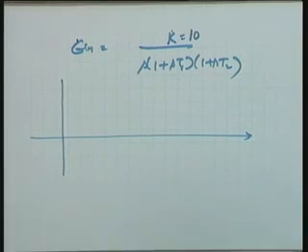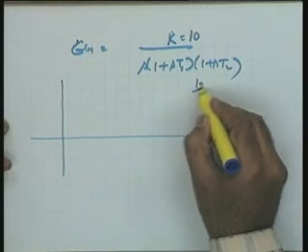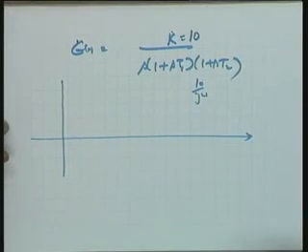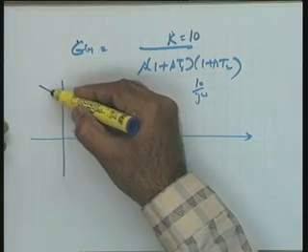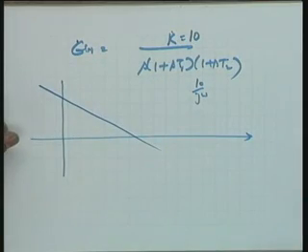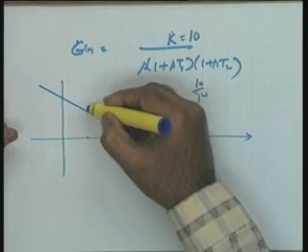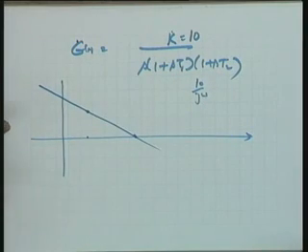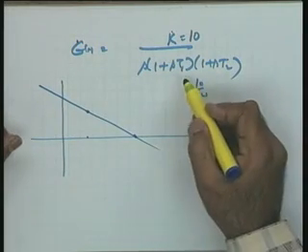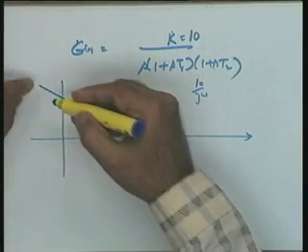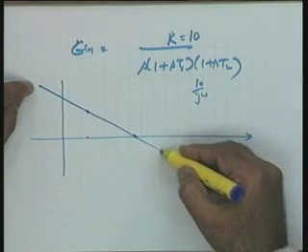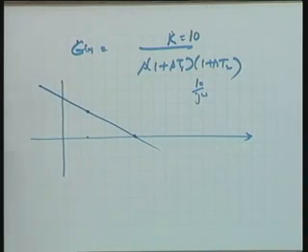Let me take k is equal to 10. So, 10 by j omega is one factor, and this is going to give you a line of minus 20 dBs per decade passing through omega is equal to 10 or an appropriate magnitude over here corresponding to omega is equal to 1. Take the next corner frequency please. Now, please see that this plot is valid for the entire frequency range.